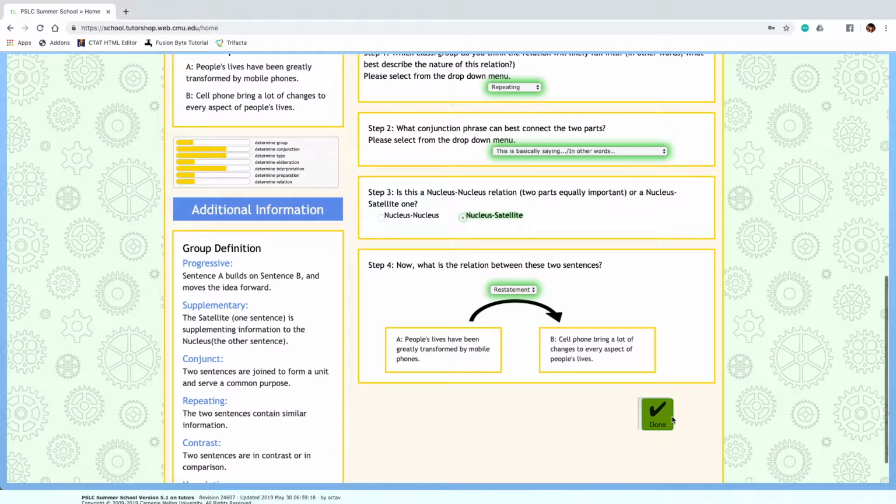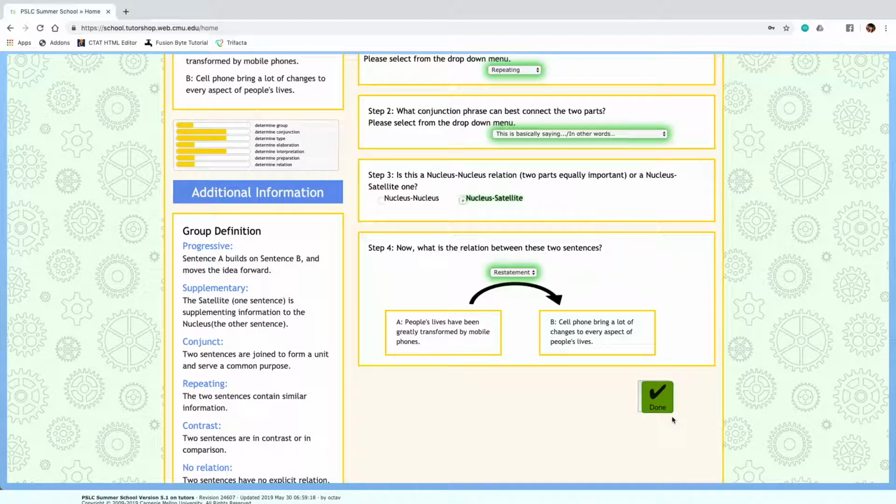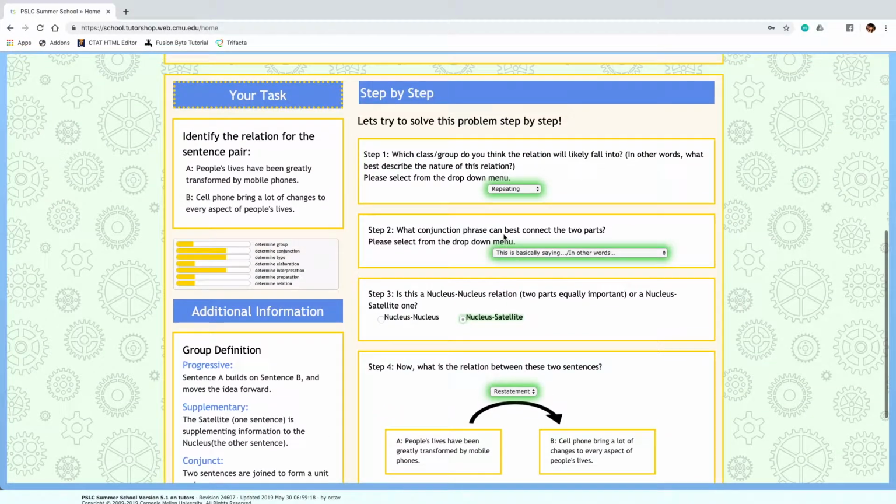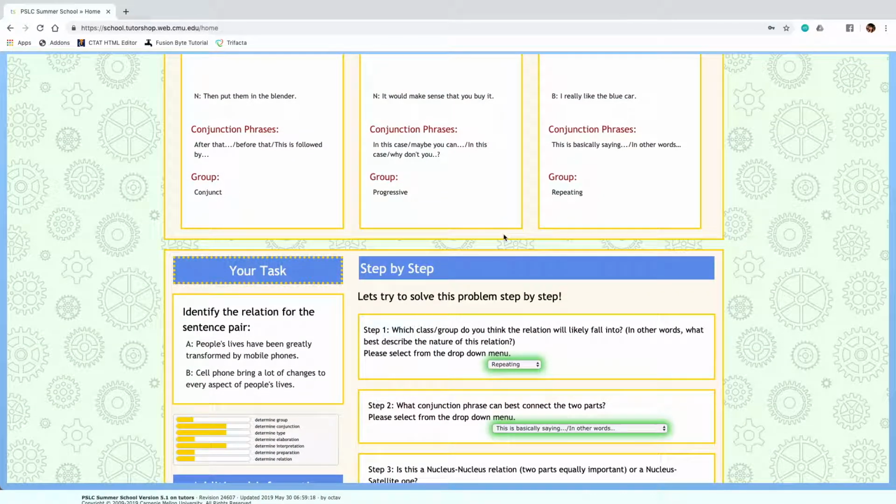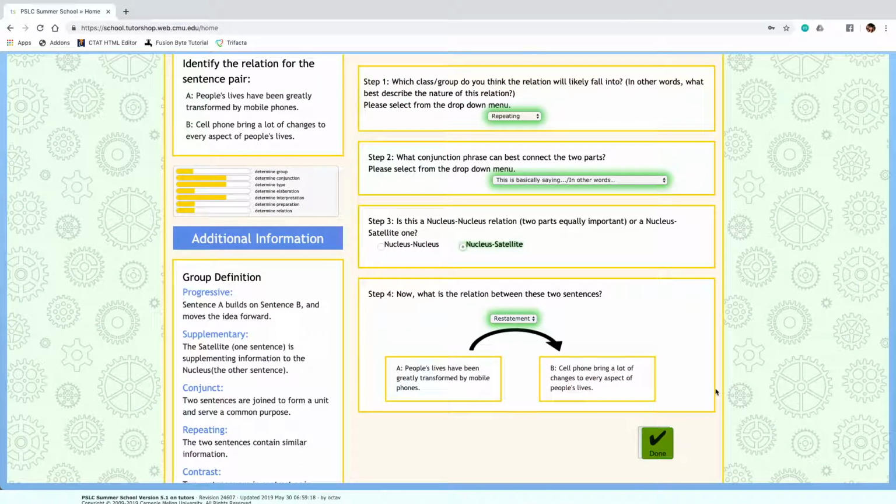So this is a demo of the RST tutoring system, and you can use this to learn about 20 or so RST relations in this kind of example and skills principles, and make use of the mastery learning principle, and we'll try to make sure that you get mastery on each skill here while learning it in a more engaging way than reading academic papers.